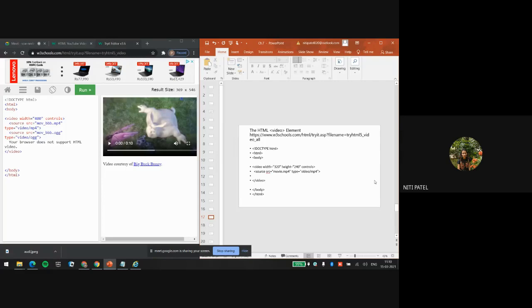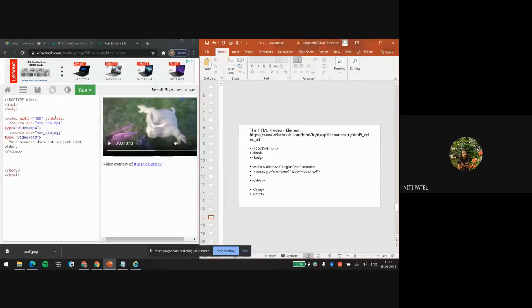So how much ever video we want to cover in terms of width and height, we have to mention that also in the video tag, which we do not require if it is an audio tag. So when I say video width is equal to 400, which means what? वो 400 pixels लेगा. Height I have not mentioned. So what does it mean? जो by default है वो. What is by default? It is 250 pixels. So if you mention height, it will take that height. If you do not mention, by default, both width and height is 250.